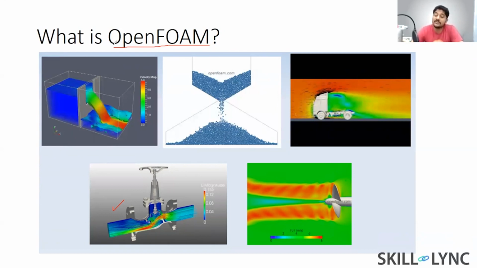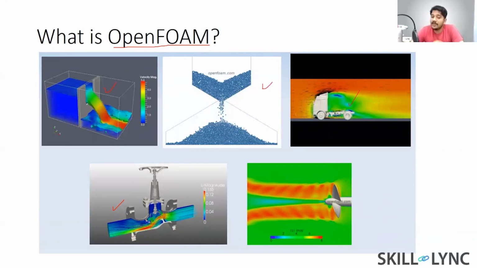It's a free tool which is as powerful as ANSYS Fluent, and that is why it is so popular with companies. And you can solve a lot of problems. You can look at external flow dynamic problems. You can look at interface tracking problems. So for example, here you can see that there is a fluid flow that you're tracking. This is what you call interface tracking, because the box is filled with air and some kind of a fluid, right? And you're tracking where the fluid is. So that is what you call an interface tracking problem.